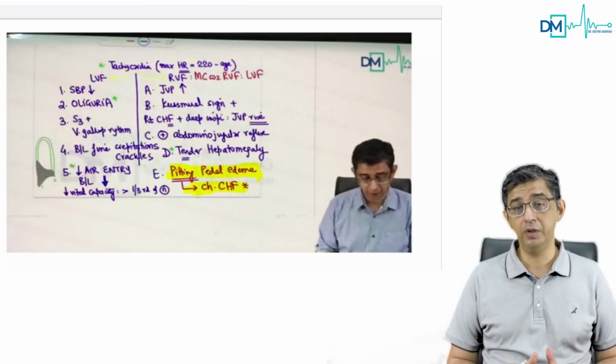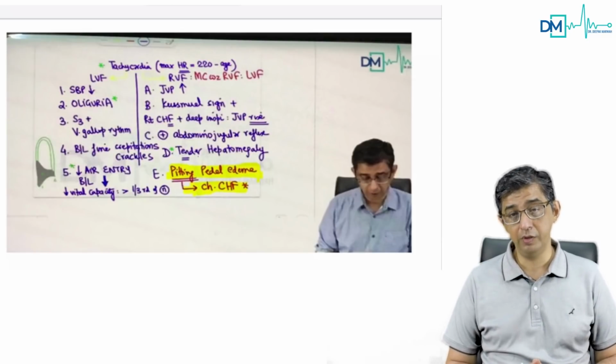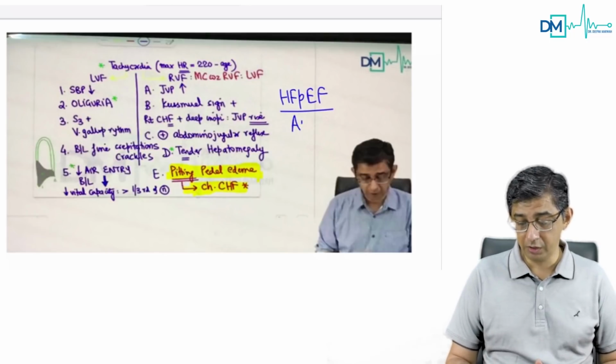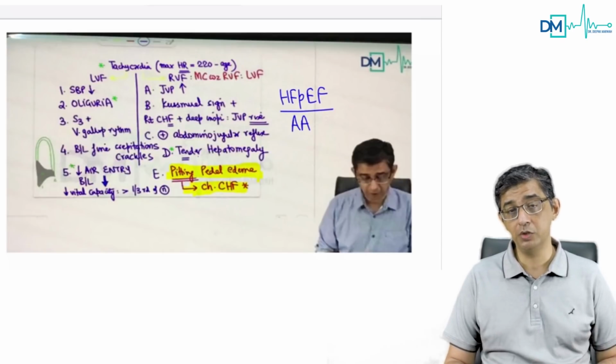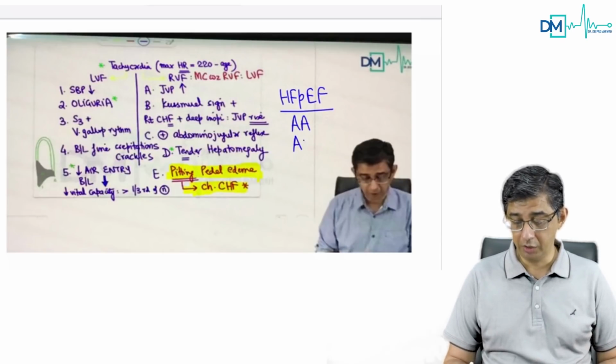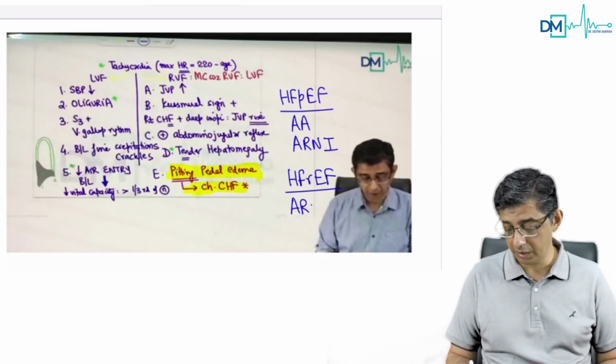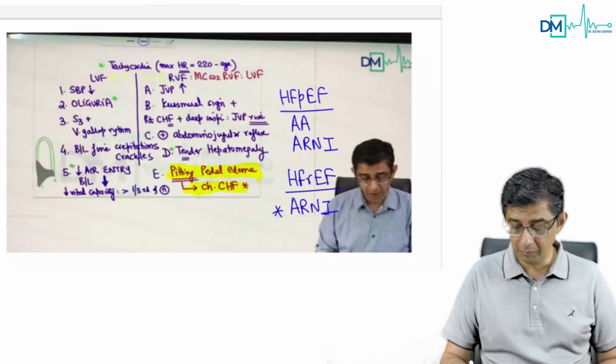Treatment part, yeah, I definitely wanted you to study, and I've highlighted that for management of patients with heart failure with preserved ejection fraction, and that was a question this time. Which drug will reduce mortality? It will be aldosterone antagonists. The second drug that will reduce mortality would be ARNI. And if he talks about heart failure with reduced ejection fraction, even then the first answer would be ARNI in the patient. So do remember this.